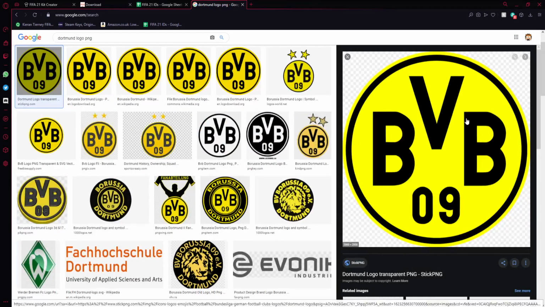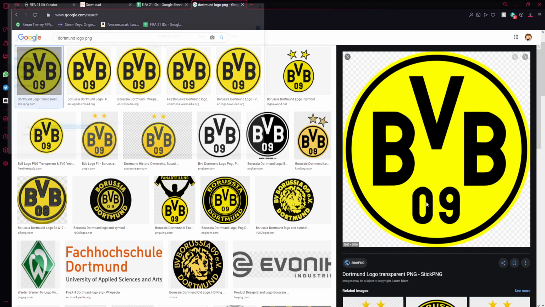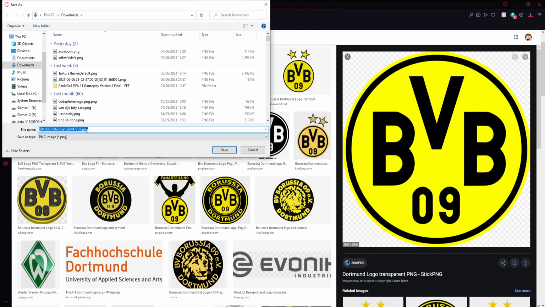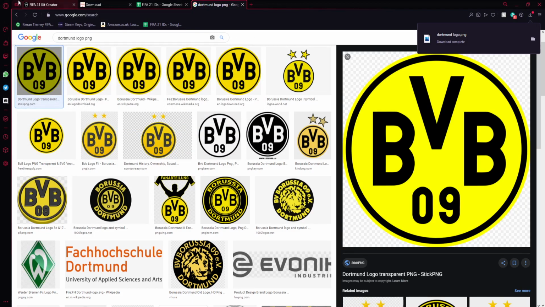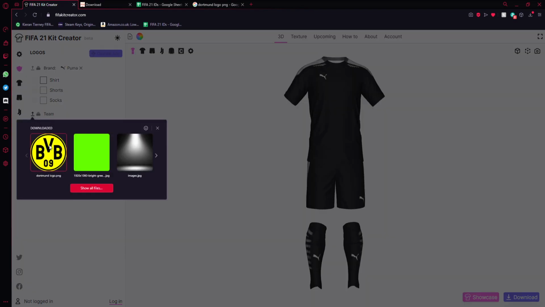This one's a good one. Then you just right click on it and you go save image as, and then just save it. You'll just see it now, Dortmund logo. Save that. Then what you can do is come back to FIFA 21 Kit Creator, go upload image,